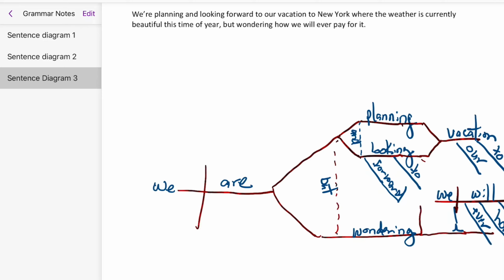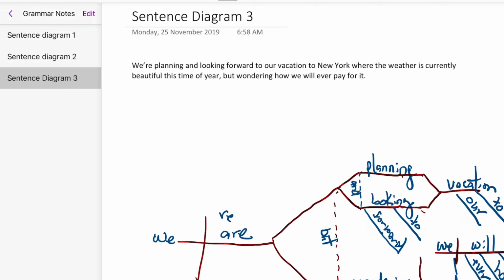Now, we begin with the main clause, we are, or the contraction we're. You could also have, let me get my drawing tool up here real quick. All right, so you could have we are as I have here, or you could have the contraction, since it's in the form of a contraction, the apostrophe re under the verb. So we have the personal pronoun we functioning as the subject, and then we have our verb phrase are.